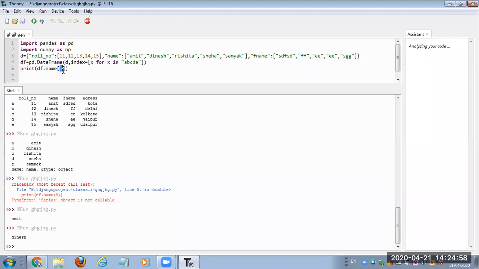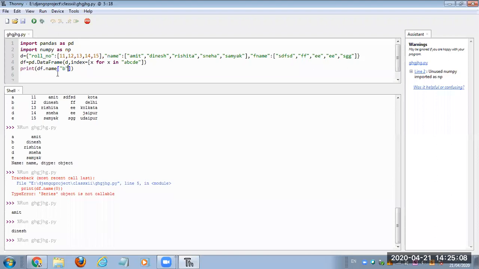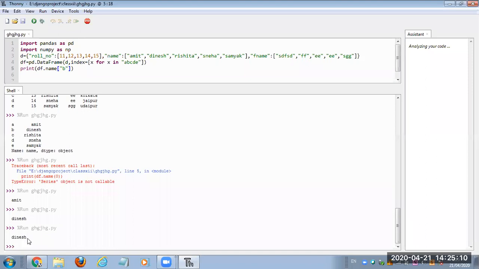Instead of this, suppose I provide user defined indexes like B: df.name with B in double quotes. It will print Dinesh again. So I can use the system indexes, or I can use user defined indexes.